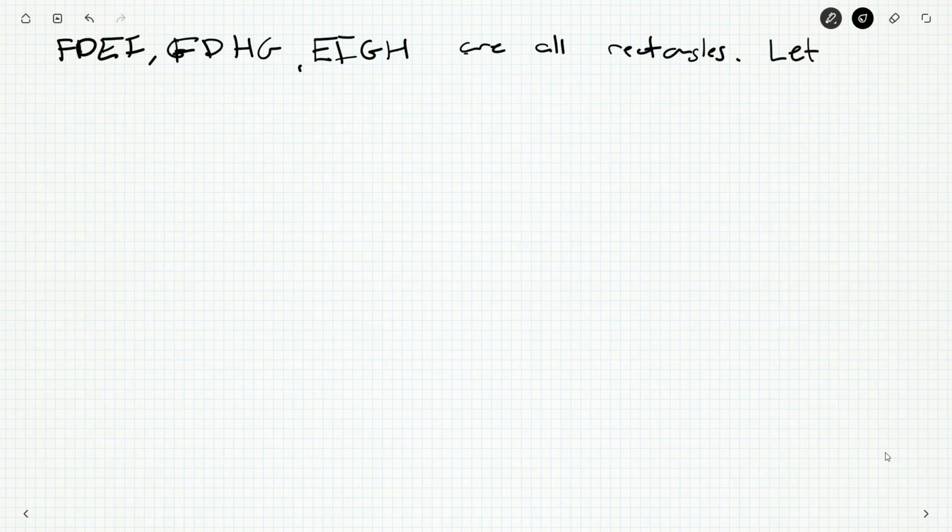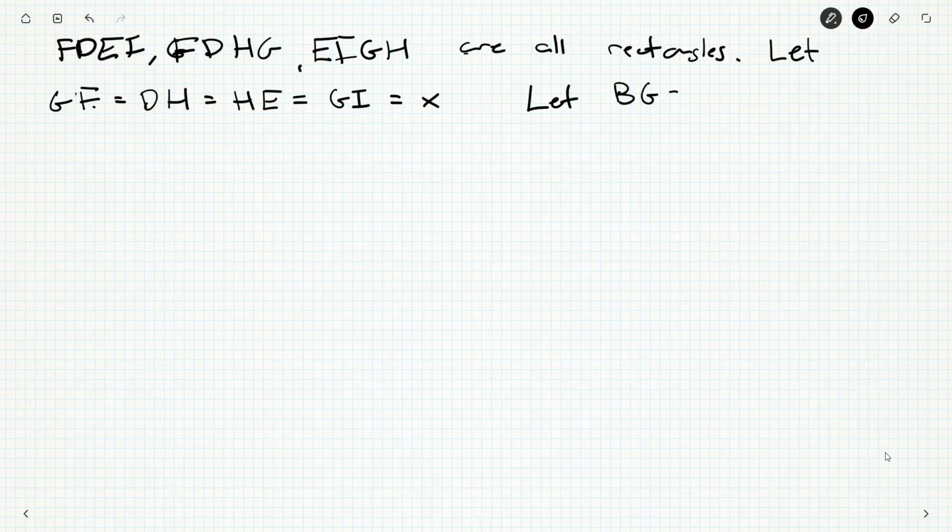So I'm going to let GF equal DH equal HE equal GI equal X, and we'll let BG equal GC equal Y,